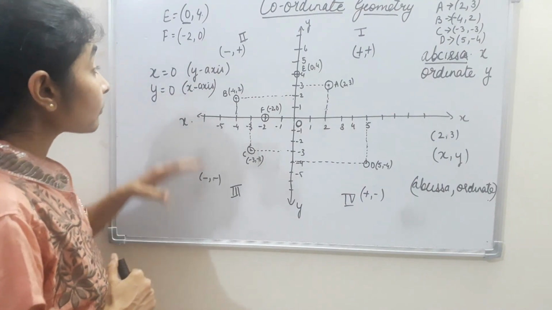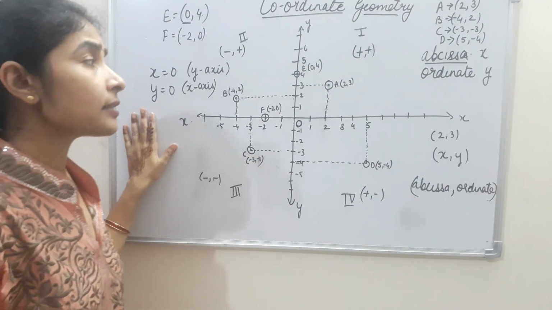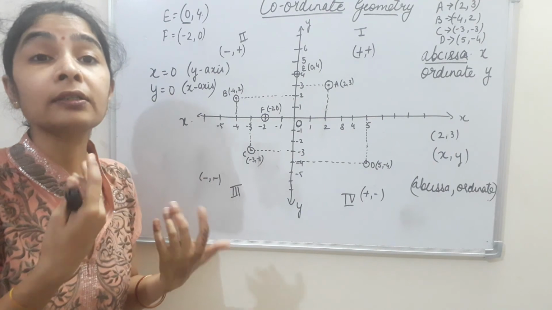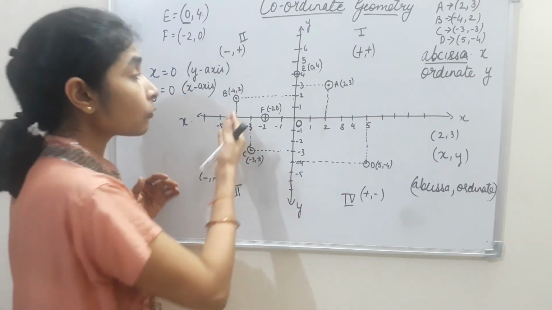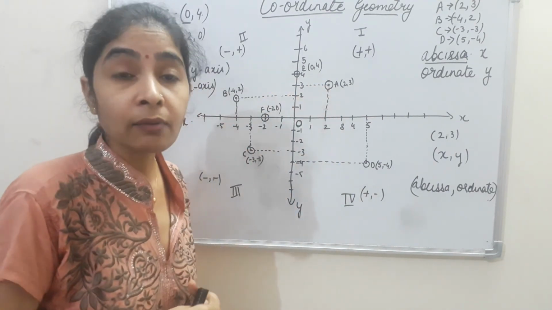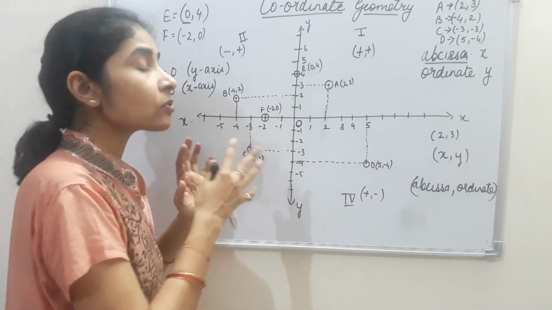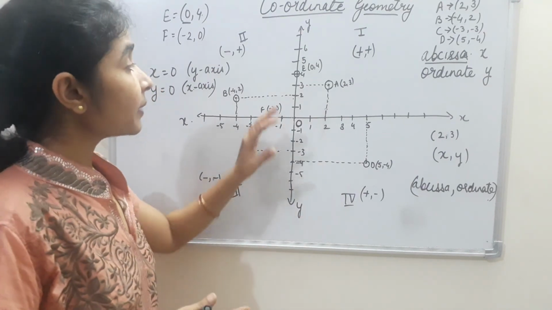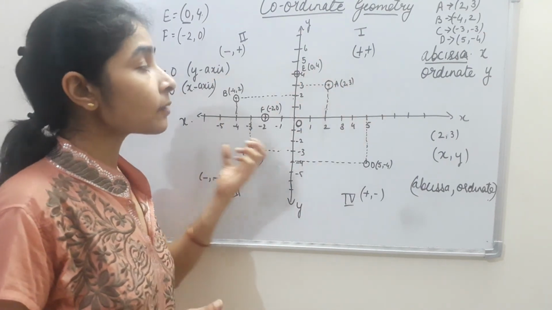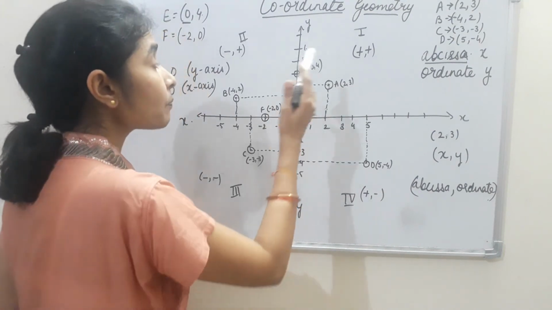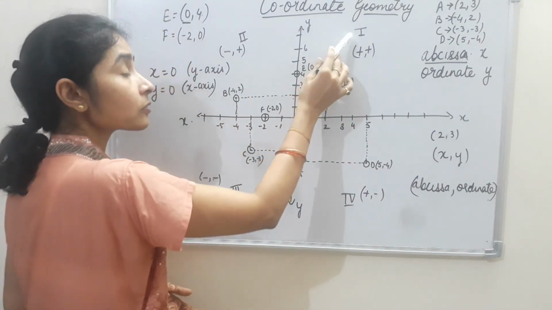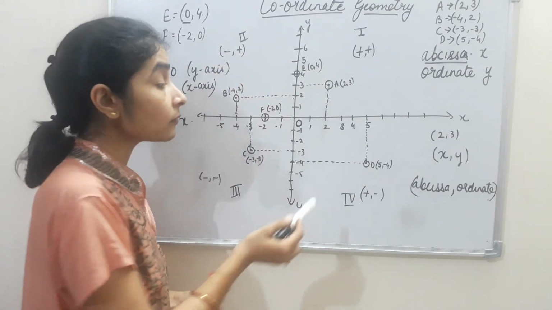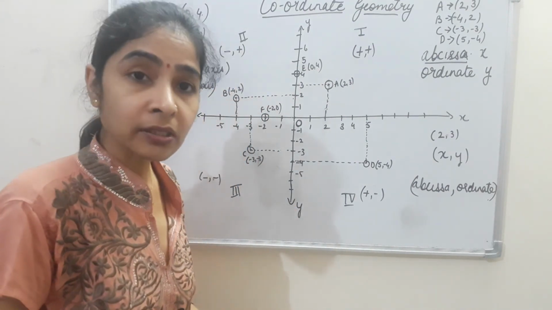Now these are the conclusions. Besides this, we are also given questions like join the lines, what type of shape it is making, draw the 4 points, whether it is forming a parallelogram or a rhombus. It depends on the question, what you are supposed to find there. The main things are the 4 quadrants in which the Cartesian plane is divided, where the positive and negative points lie. So in the first quadrant both positive, in the second quadrant negative, positive, in the third quadrant both negative, and in the fourth quadrant positive and negative.